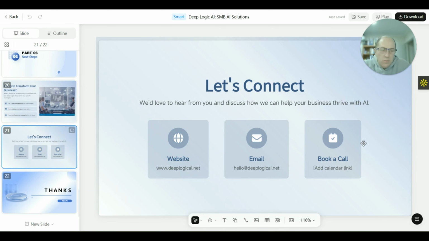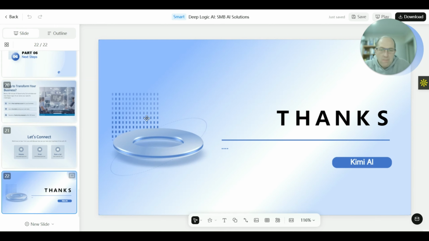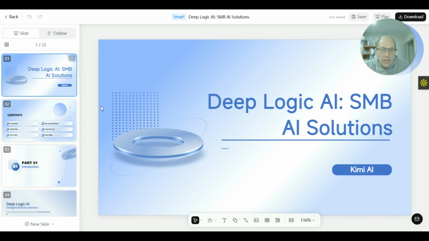Okay, so we can add 20 minutes, and for some reason the placeholder was on add calendar link, and it was stuck there, sitting on this picture. As soon as I refreshed the page, it was actually complete. It just said it's complete. So it went through everything. That is obviously Kimi AI, that's the website. So just to show you, regardless of the fact that we had a small glitch,